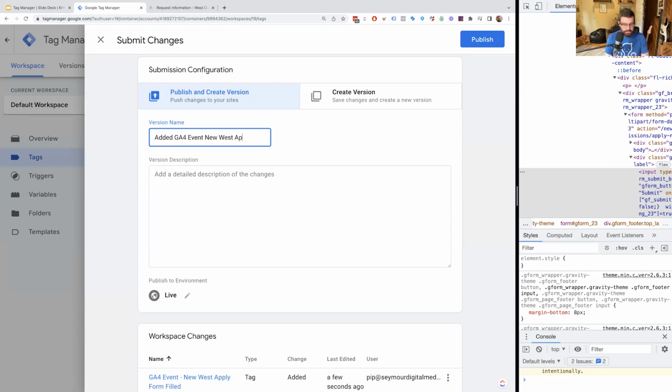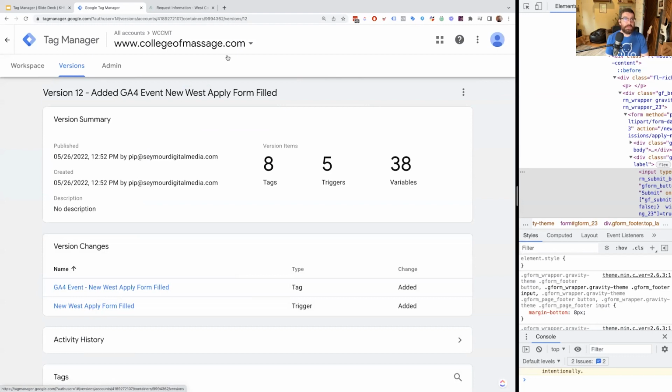Event, apply, form filled. And we're going to hit publish. So now what we're going to do,